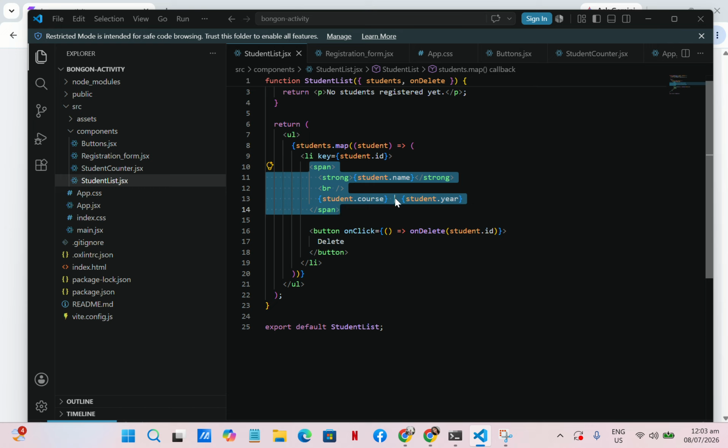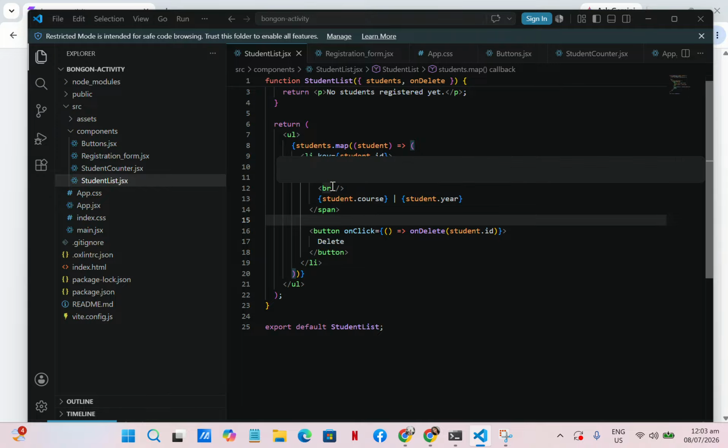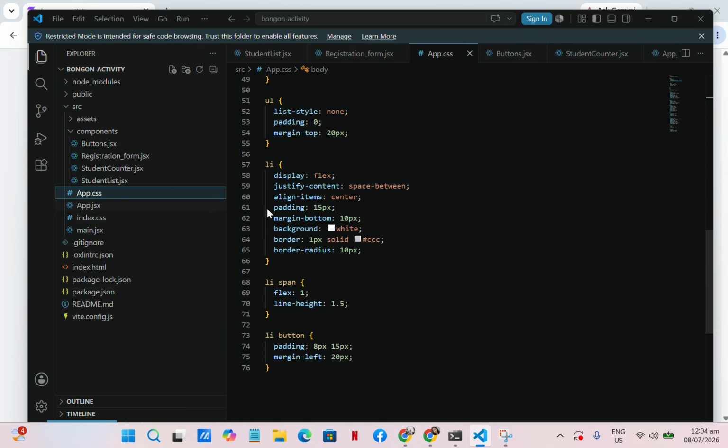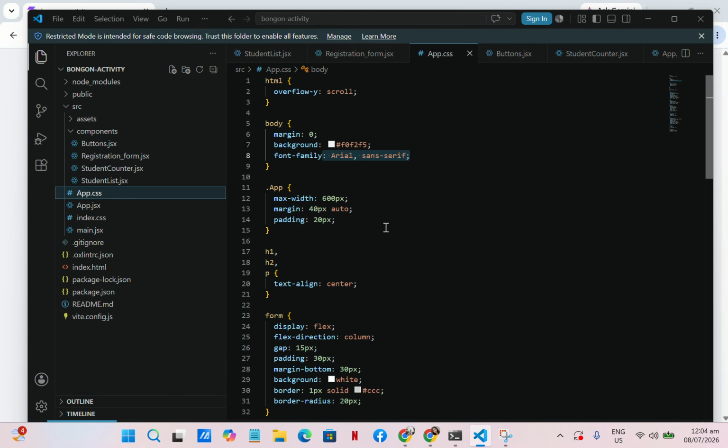We have here a break line to separate the two fields, which are the course and the year, and then the delete button, which allows you to click to delete that specific registration from that specific student. So export default student list. So next would be the app.css, which